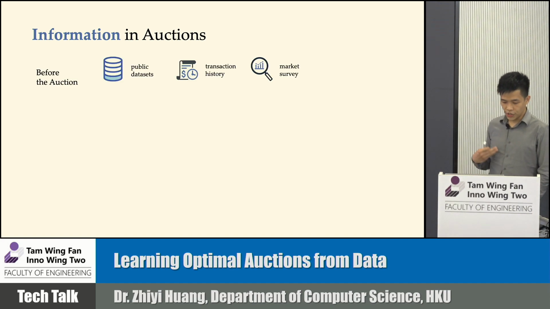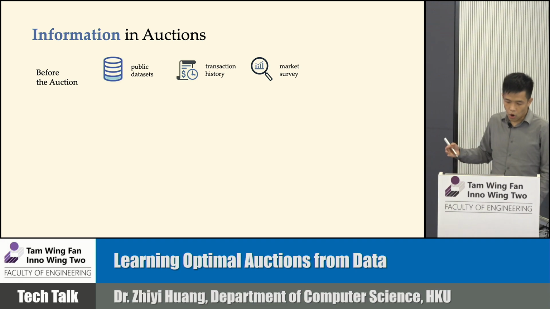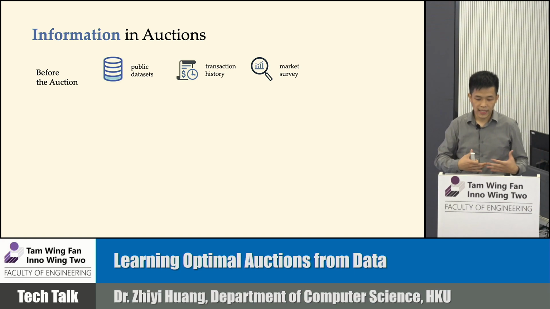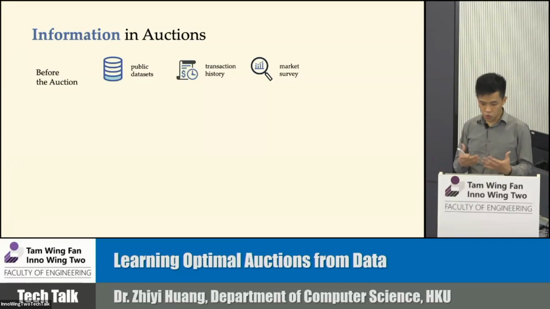Before the auctions even start, it makes sense to gather as much information as you can about the bidders, so that you can make more informed decisions in how to design the auction format and how to allocate the resources to meet various goals. Information comes in all shapes and sizes. For example, there may be some public data set that you can resort to, and there may be some transaction histories that the users had in the past, which you have access to if you're one of these big i.i.d companies. And maybe you can also do some market survey to learn more about how users value the product